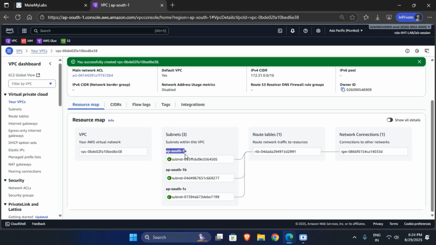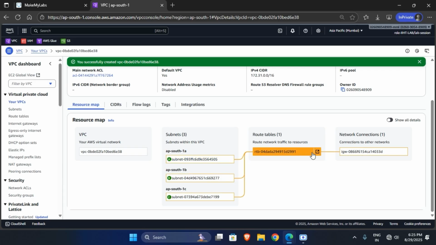So the availability zone means that if a data center is gone, it will take this data center and use this. If this is gone, it will use this. So availability zone means we have three copies of our data in three different locations, and if one is gone, the other two will take care, and one will get activated and be used as primary. Okay, so these are three availability zones: AP South 1A, AP South 1B, AP South 1C, and these are all